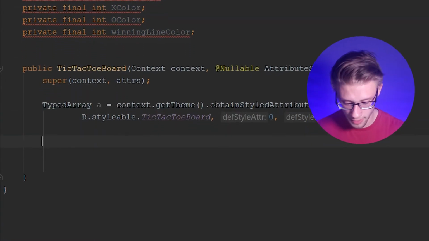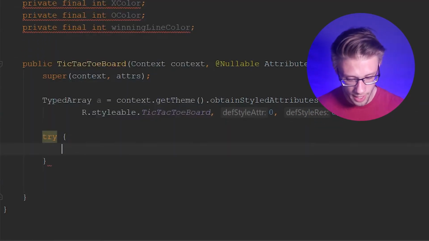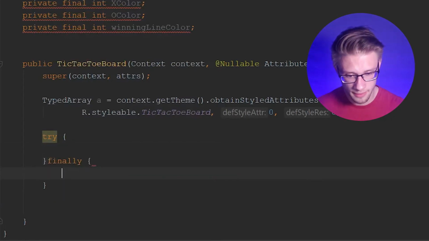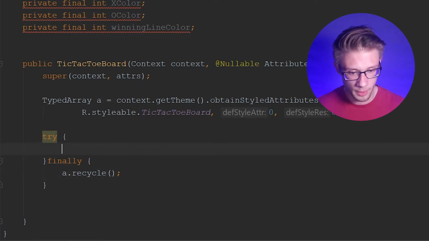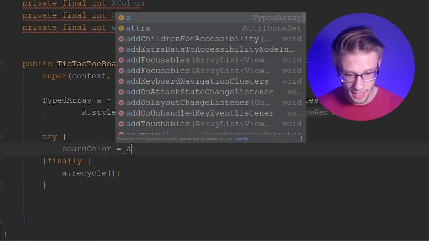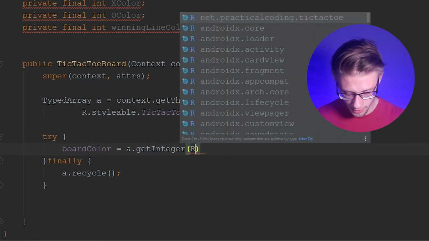So to extract our values, we can use a try block. So try, and then we'll have a finally at the end of this, and we're going to do an a.recycle in here. But within our try block, what we're going to do is type in boardColor, set that equal to a.getInteger